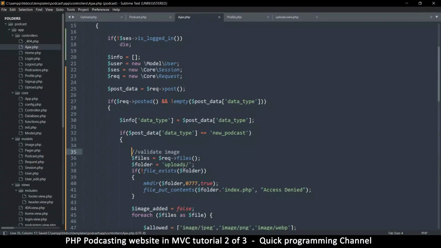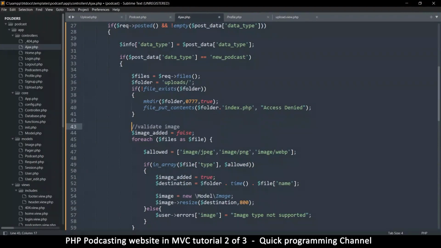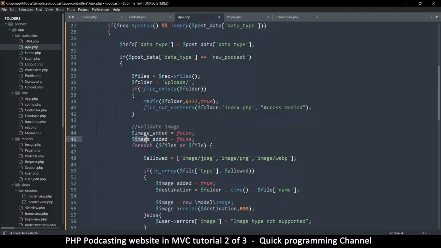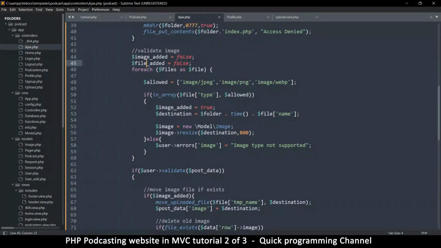All right. So we want to validate the image. First here we are creating the folder. So we have image added, but I'm going to add a second one called file added because we're expecting 2 files. So there may be an image and there may be a file. So here what I would do is I'm going to say as key